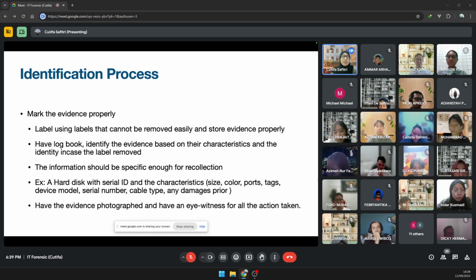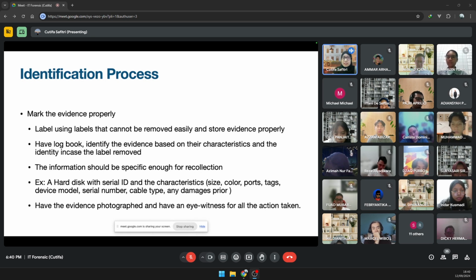They may have a series of cases that they are handling, or investigations going on in parallel. So your information on the evidence itself should allow an investigator to recollect, oh yeah, that laptop,